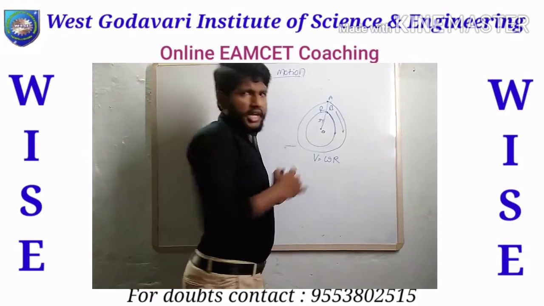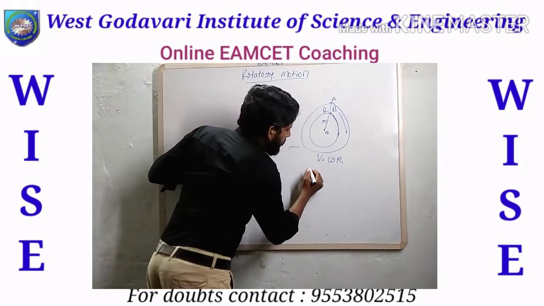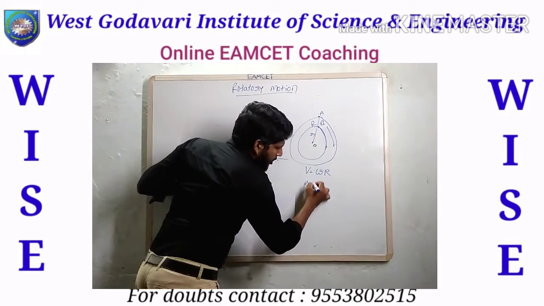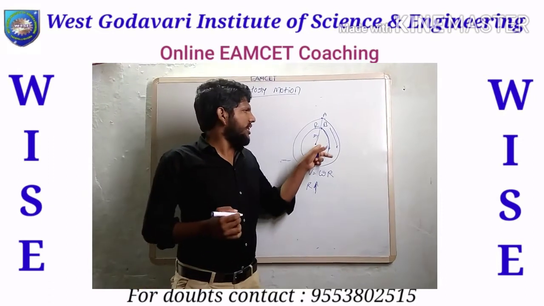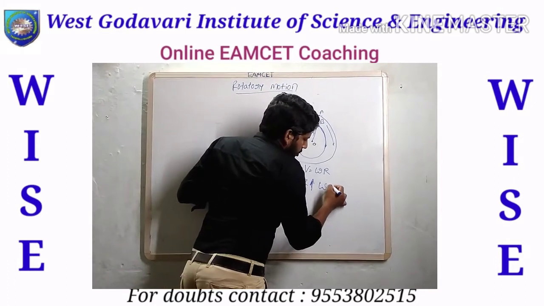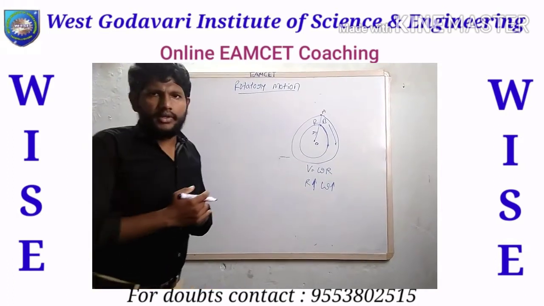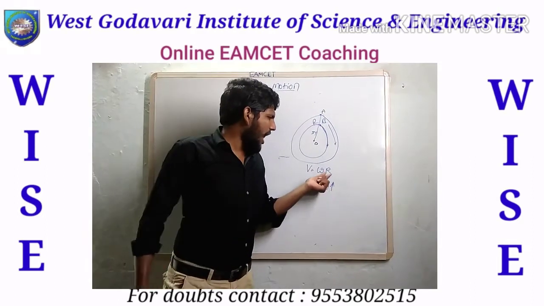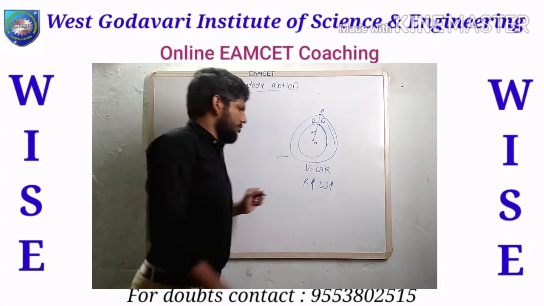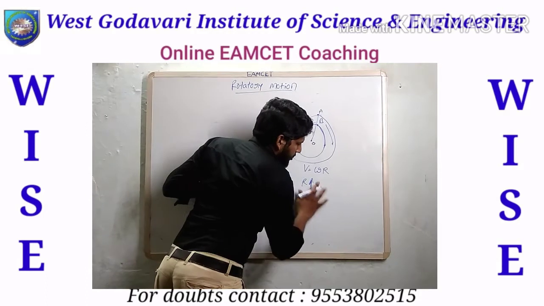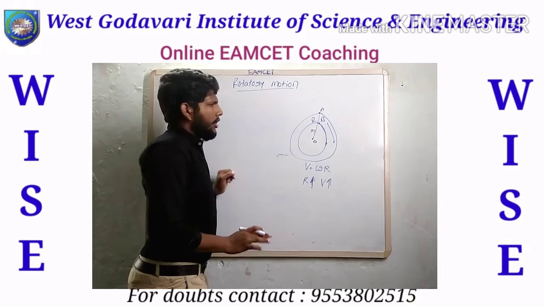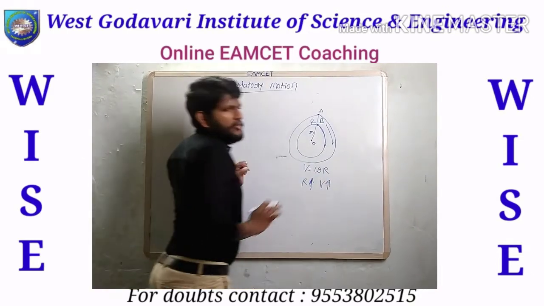Okay, on those conditions, let us check once. Now see, if R is going to increase, that means the radius is going to increase, then what happens: does angular velocity increase or decrease? That is the concept here. If R is going to increase, V equal to R into omega, so obviously V is going to increase, right? Not omega. Velocity is going to increase. If R increases, V increases.